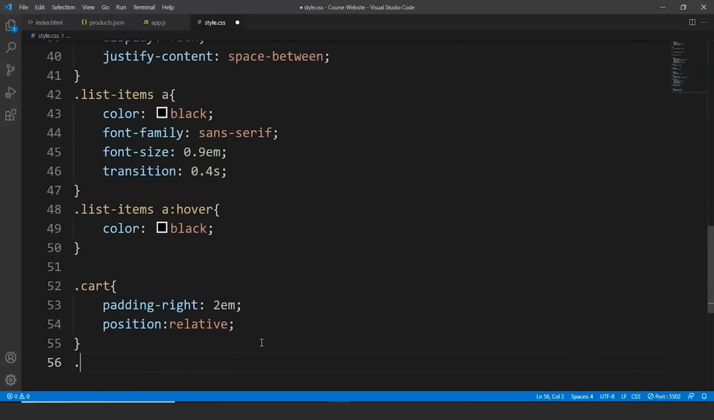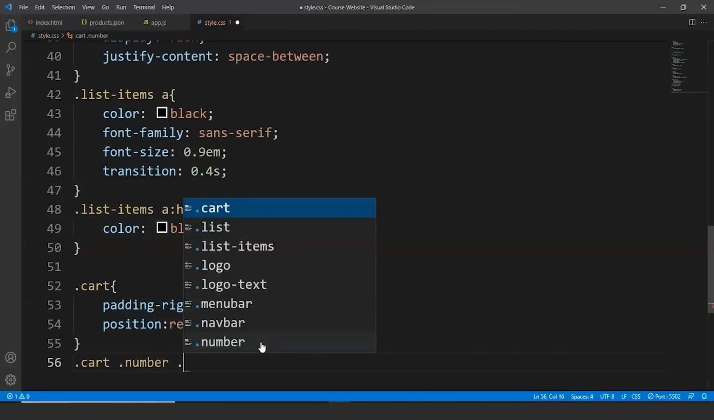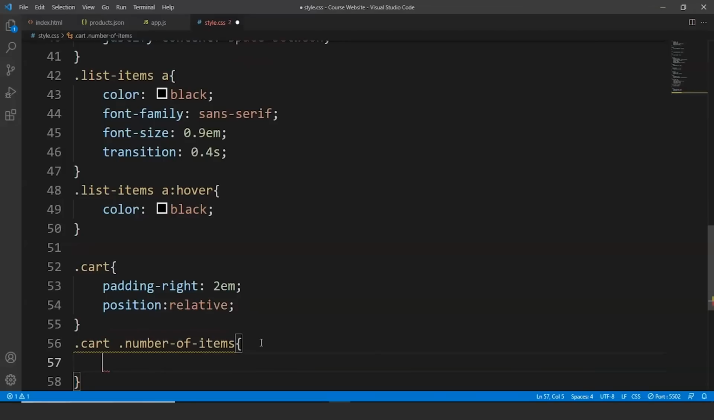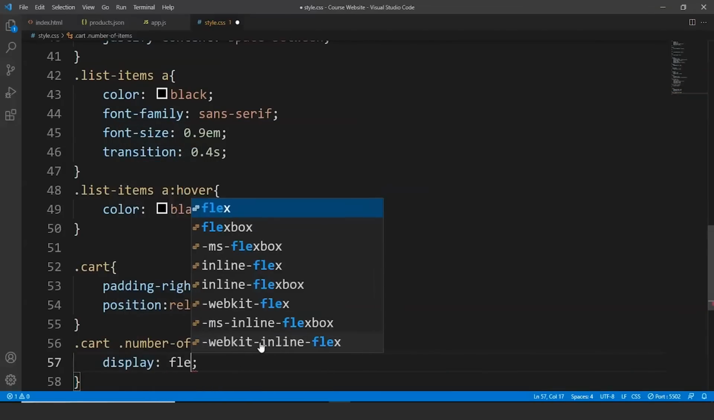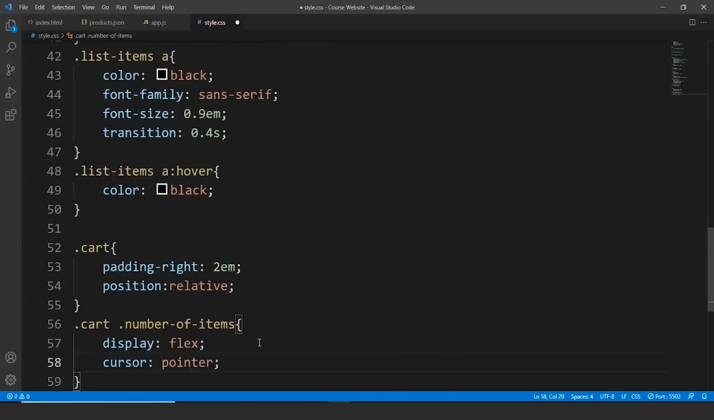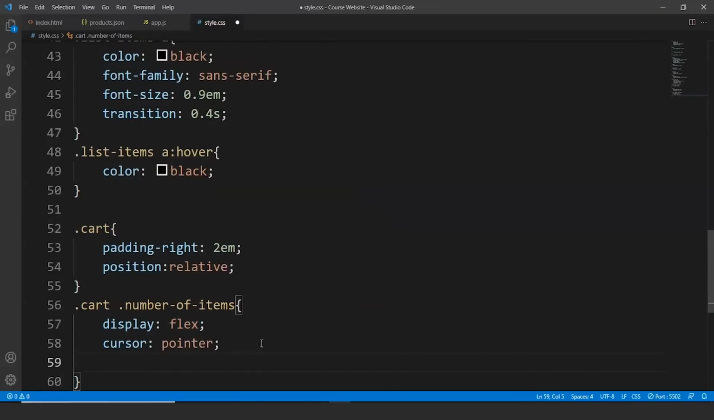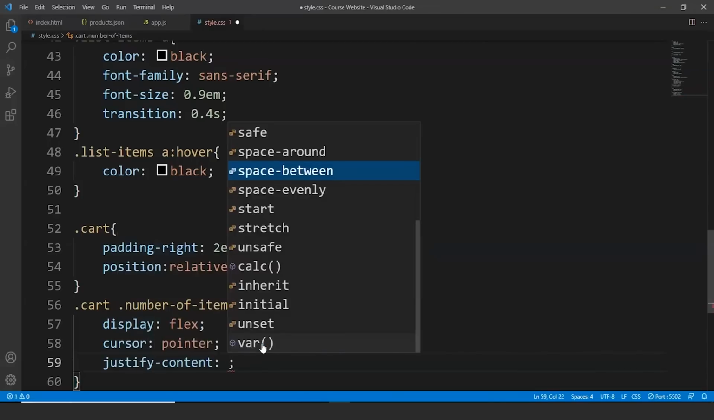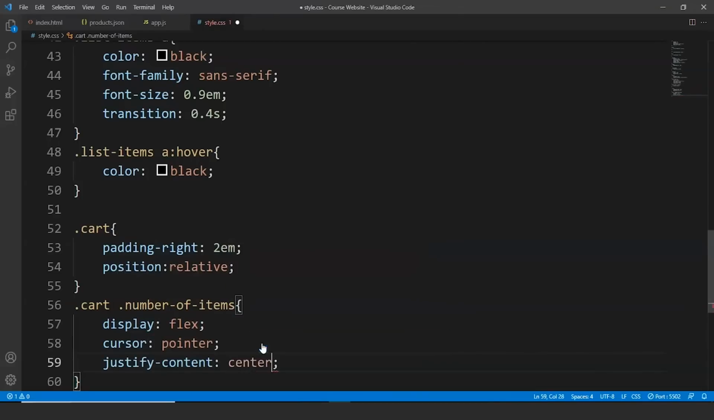Next up we'll write here cart number of items. Fine. We'll write here display as flex, cursor as pointer. We are styling two different classes here. We are styling the element with class as cart and the element with class as number of items. Fine. We'll write here justify content to center,